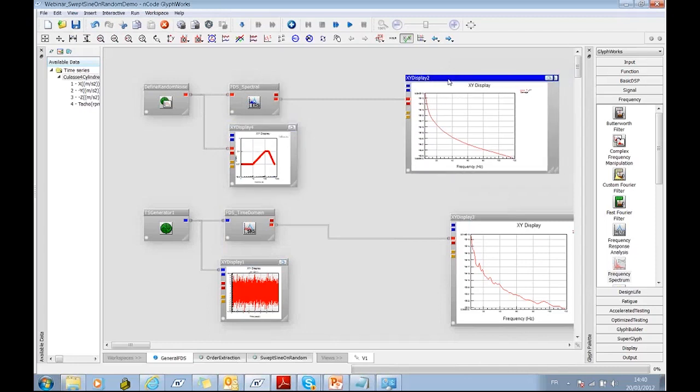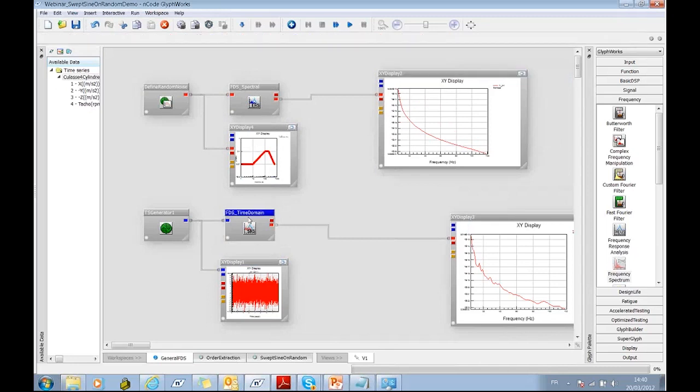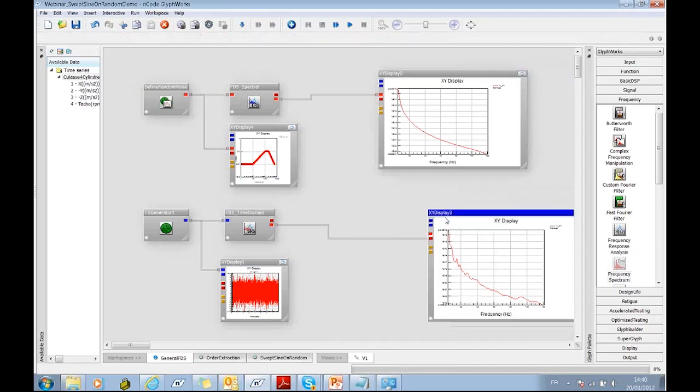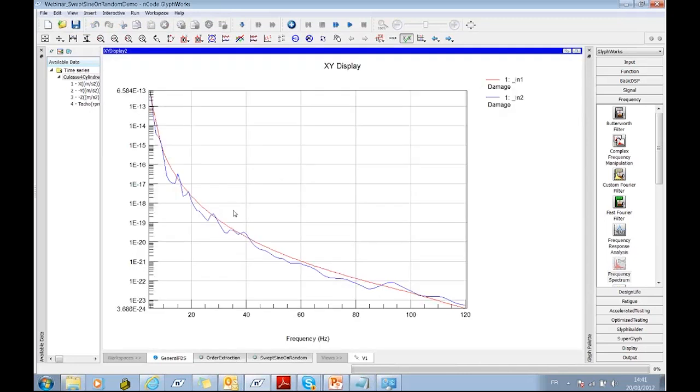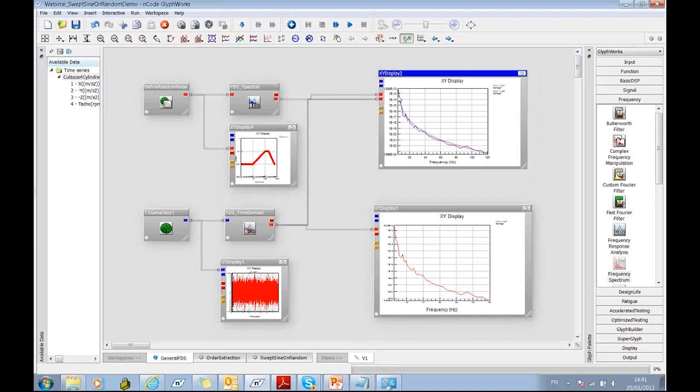And I did the same in the time domain to eventually compare fatigue damage spectra. And actually, I will overlay them both, right? That's an interesting plot. Here, what we can see is that the spectral approach is smoother, and it doesn't depend on one single sample of signal, right? It's using statistical distributions to compute damage. So we tend to believe that this is more appropriate for long-term vibrations, and it's also much quicker. So that was a general presentation of what we can do in GlyphWorks in terms of signal generation